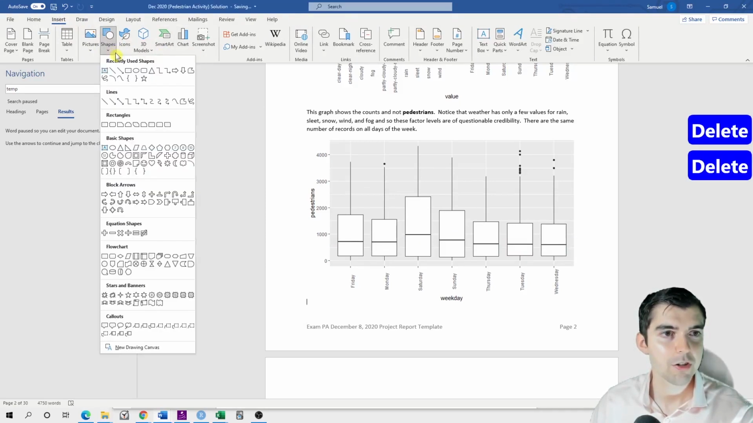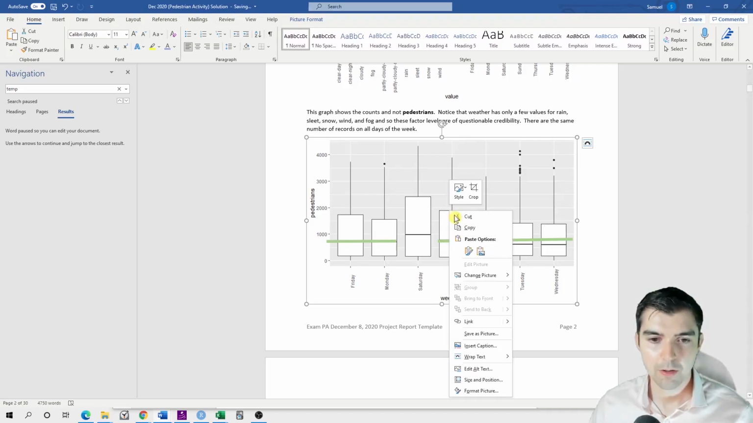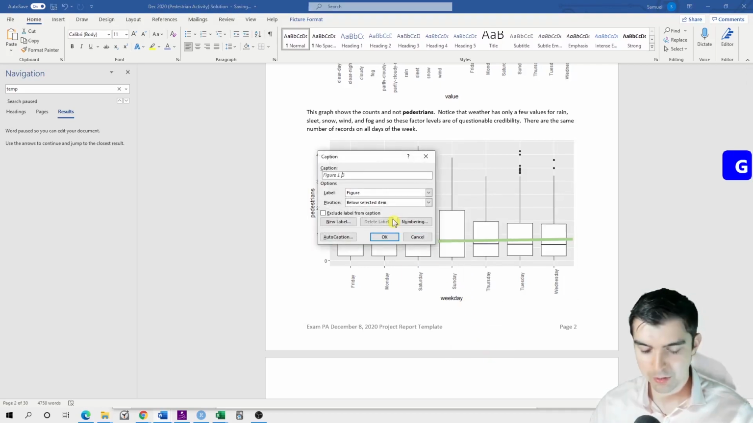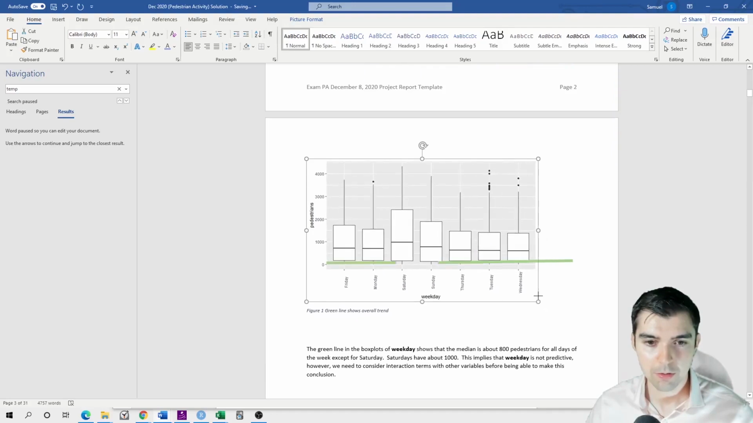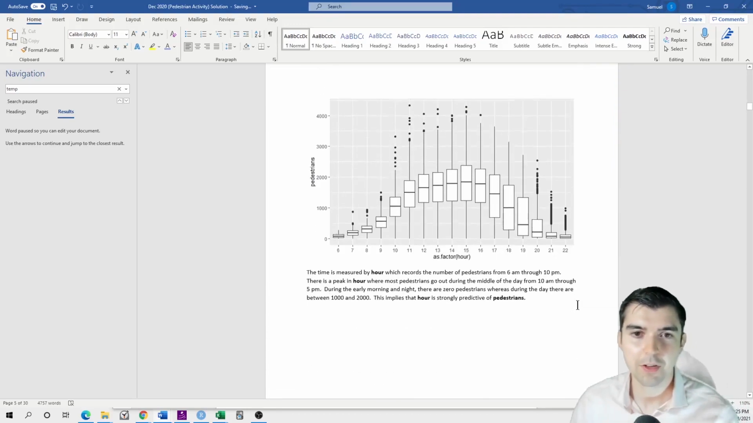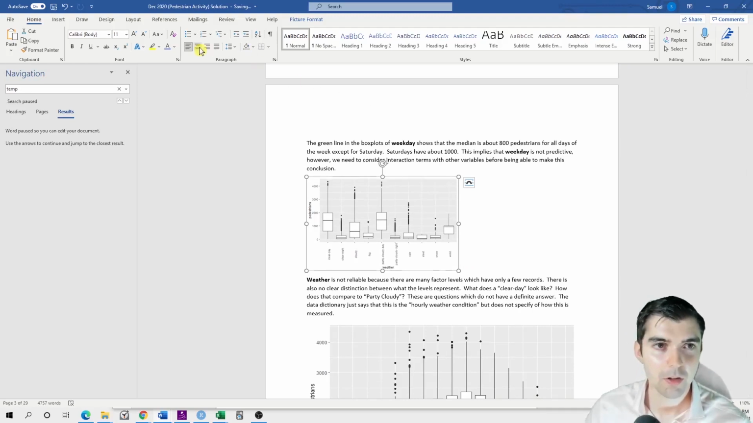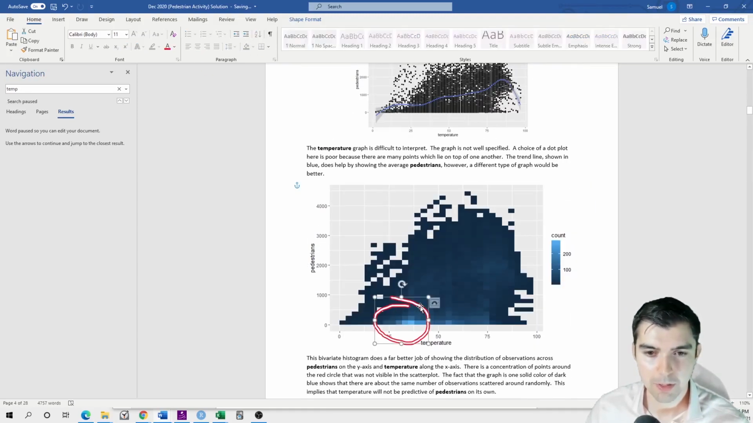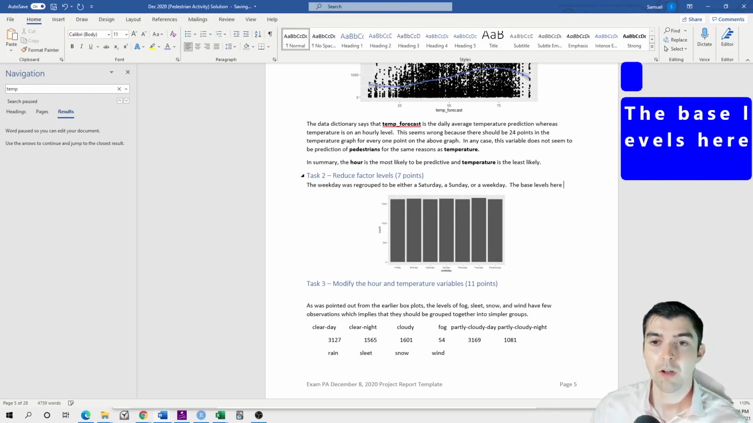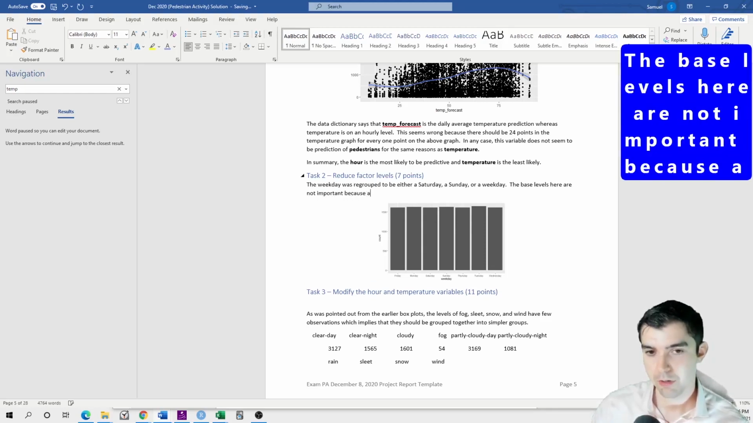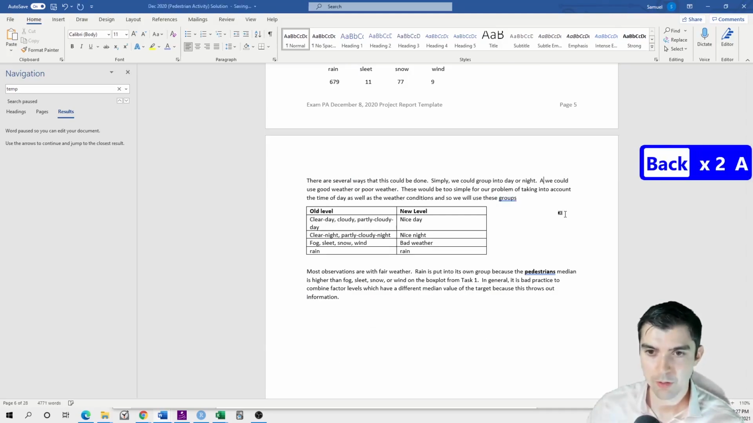So you could go to Insert, Shapes, Lines, and then underneath, or add a caption and say, green line shows overall trend. And that sort of creates, there we go. And I do notice that on these graphs, they are quite large, take up a lot of the page. So I'm going to make them smaller and then just throw them in the center. I'm going to keep this one big, and also comment on the base levels. The base level are not important because all days have the same number of observations. Alternatively, because the median